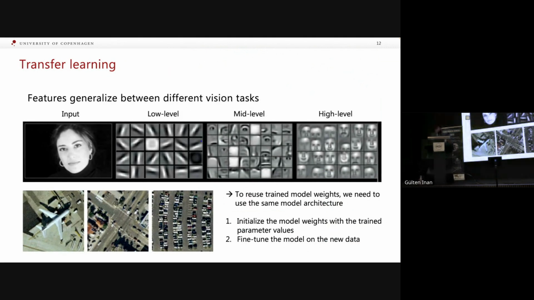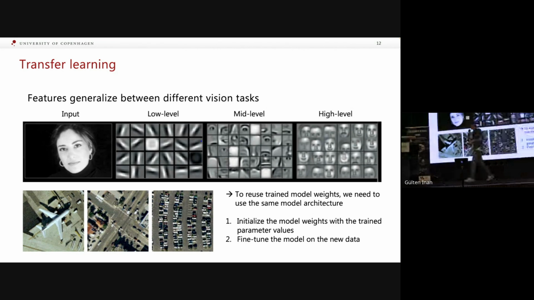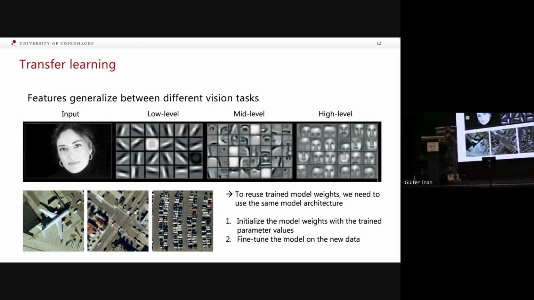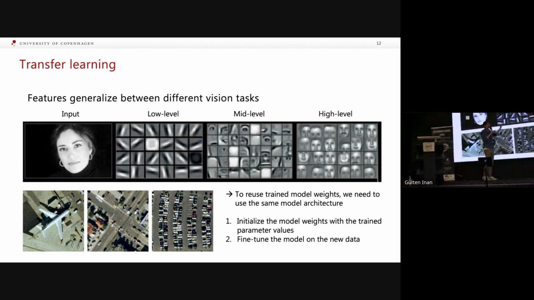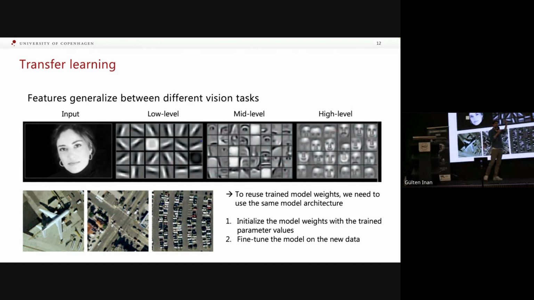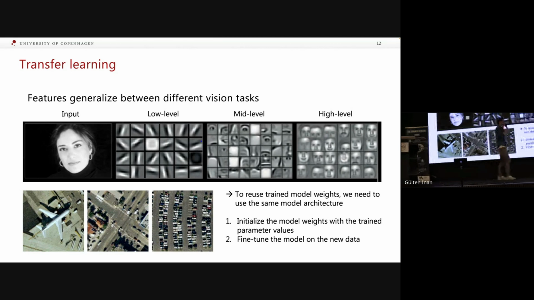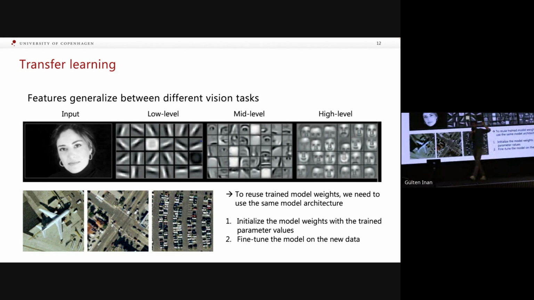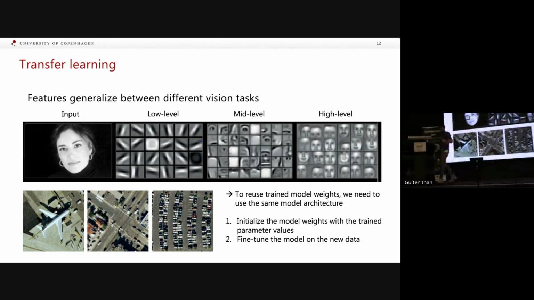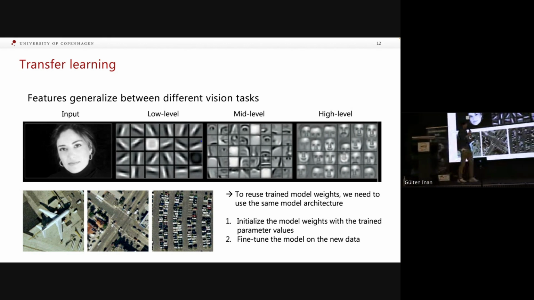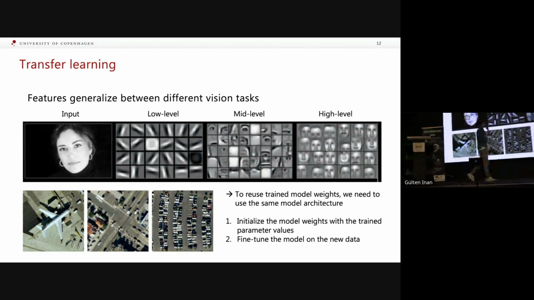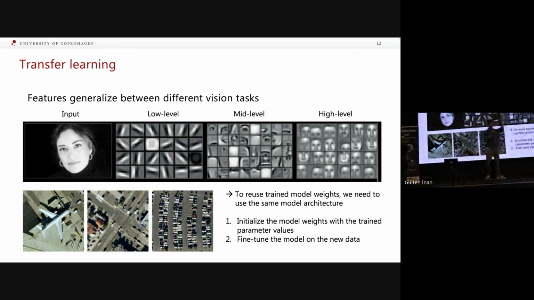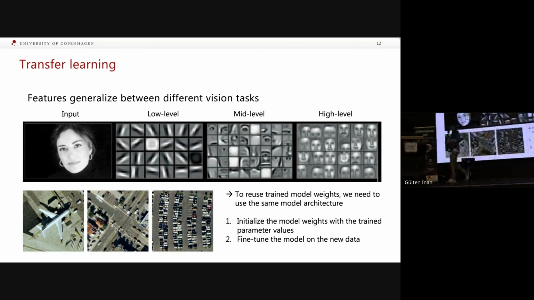Okay, so why should this transfer learning actually work? Envision, like you might have seen these illustrations, visualizations from features learned by convolutional neural networks, for instance. Some of these learned features are very generic. They would work on any kind of images, any kind of image domain. And some features are more specialized, more focused on the task on which the network was actually trained on. In this case, it's some face application. And we see that some of these features, if it really learned to detect eyes, might not be the best to transfer to Earth observation data.